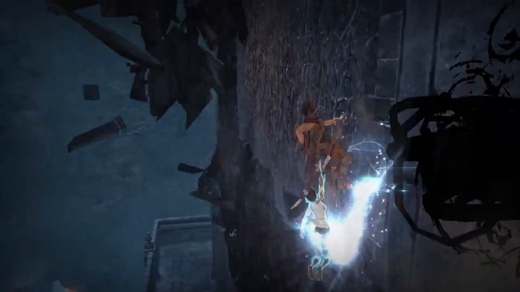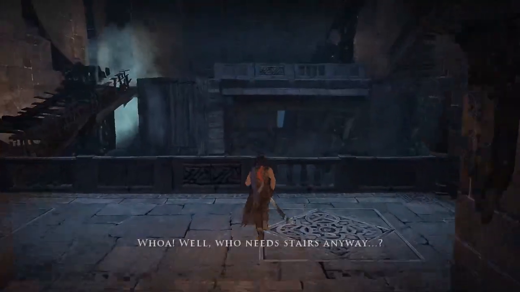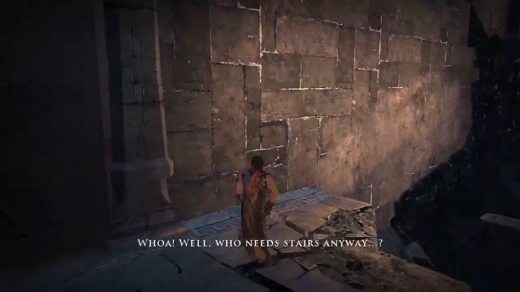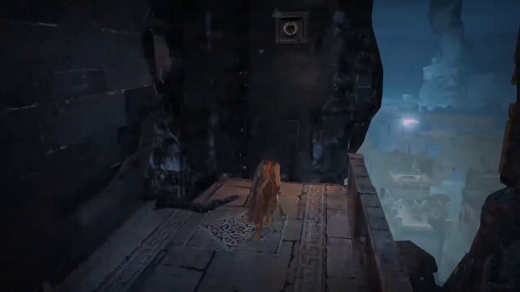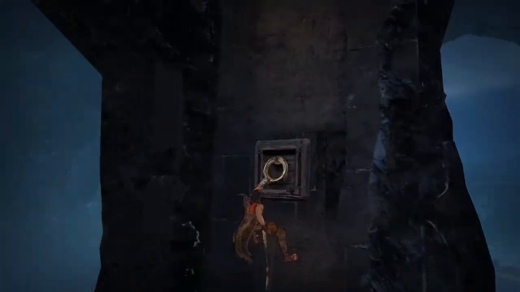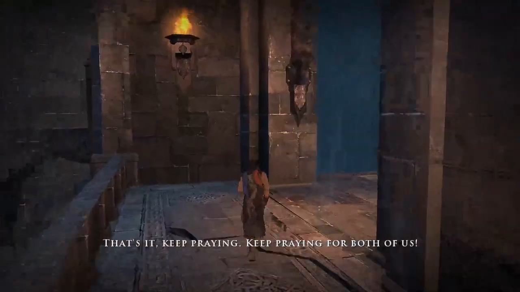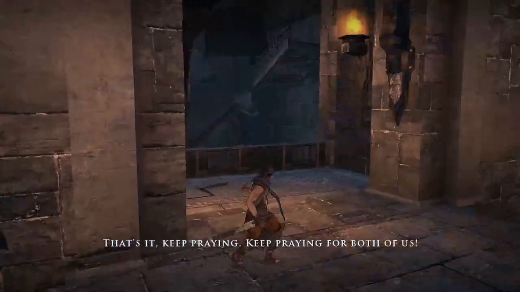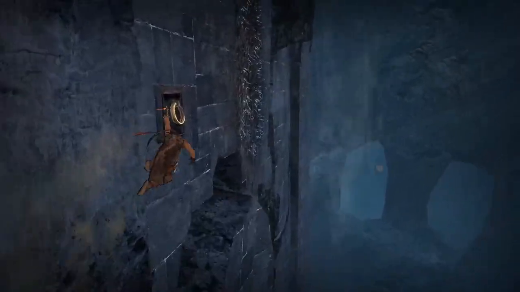Watch out! Who needs stairs anyway? That's it, keep praying. It's very generous of you to risk my life for your god.